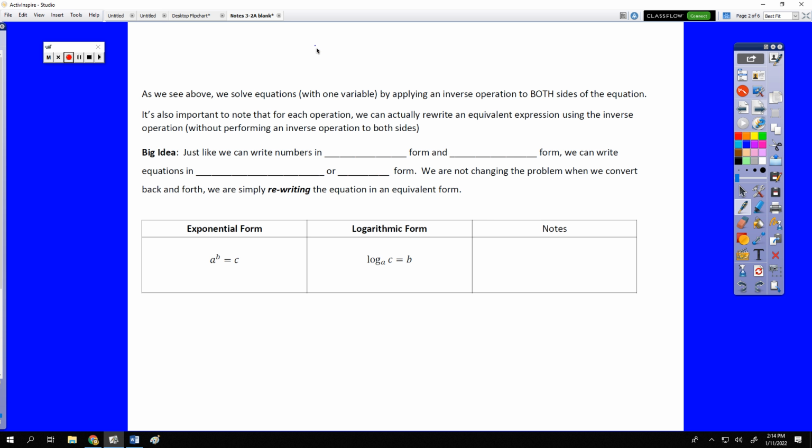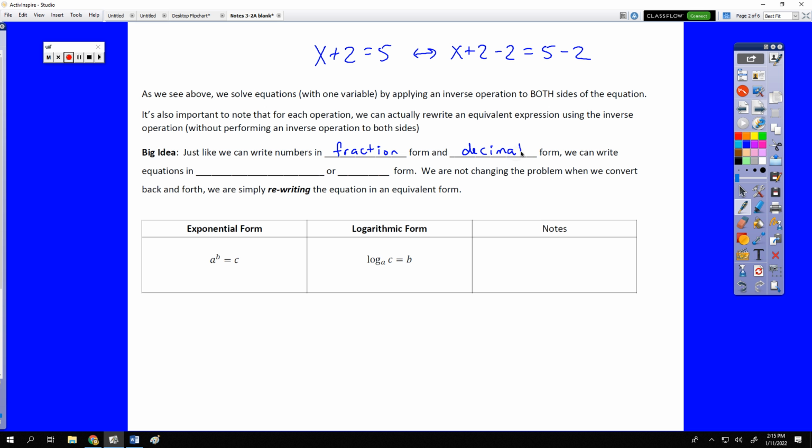What I mean by that is, if I have x plus 2 equals 5, I can write that with the subtraction shown without actually simplifying. And those are equivalent expressions. They mean exactly the same thing. So just like we can write numbers in multiple forms,